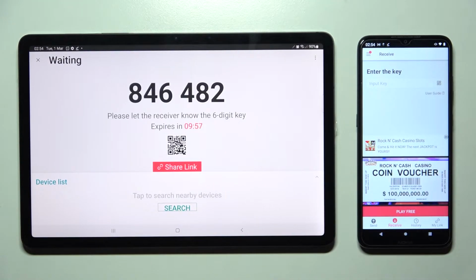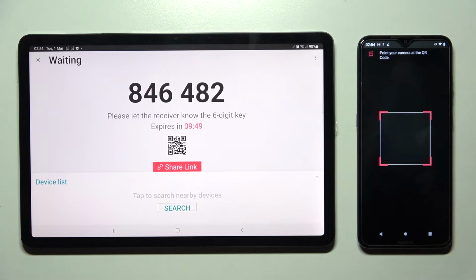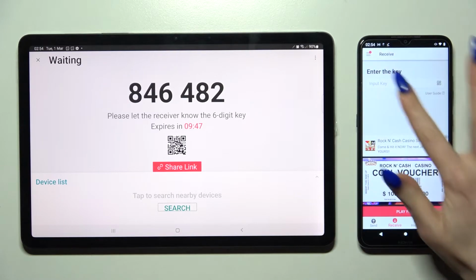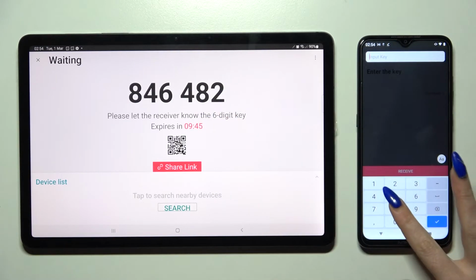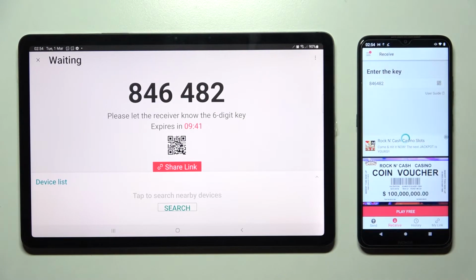As you can see from here, we have two ways to connect. We can scan this QR code by tapping on the scanning icon on an Android, choosing while using the app or only this time and pointing our device's camera at the code. But we can also just input this key over here and select Receive. Now, after a couple of seconds, as you can see, my photo